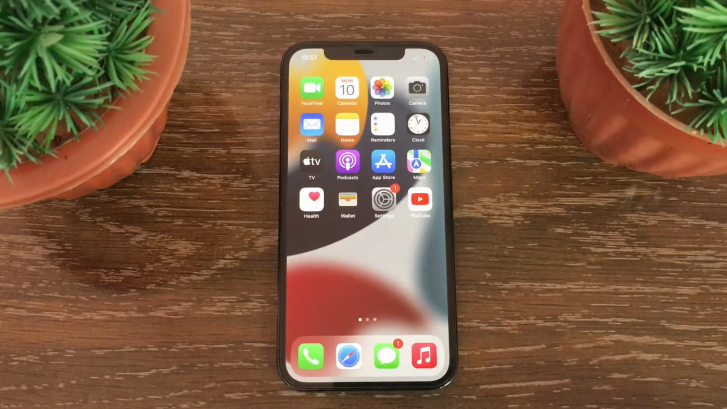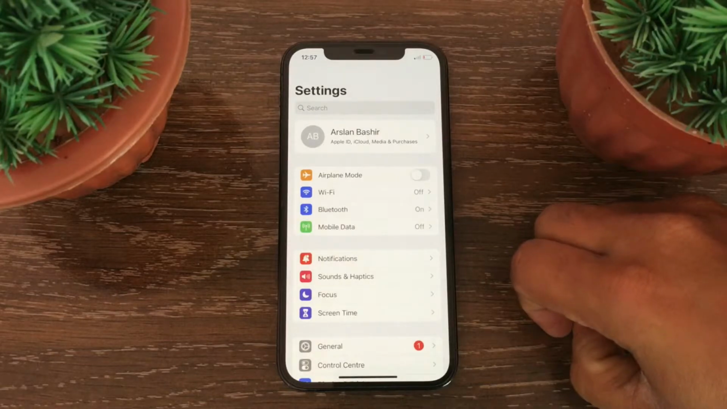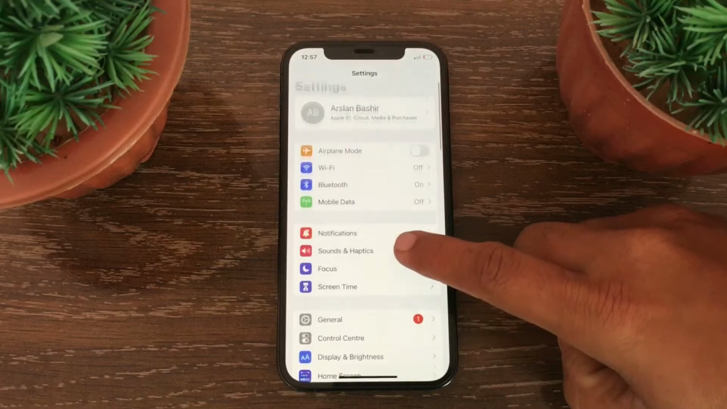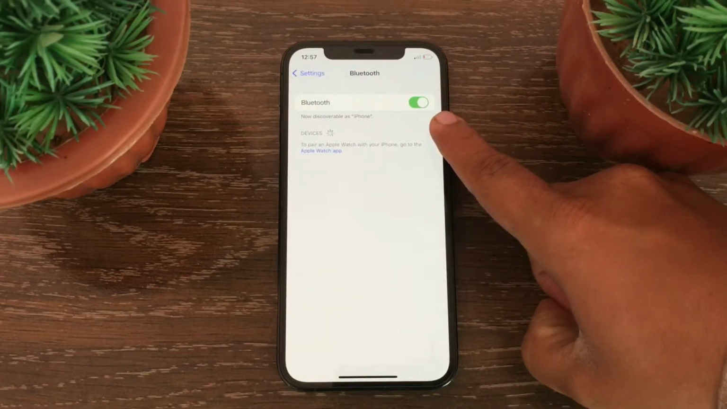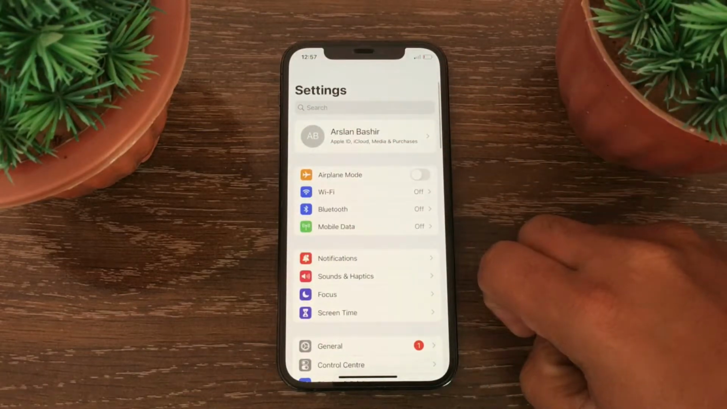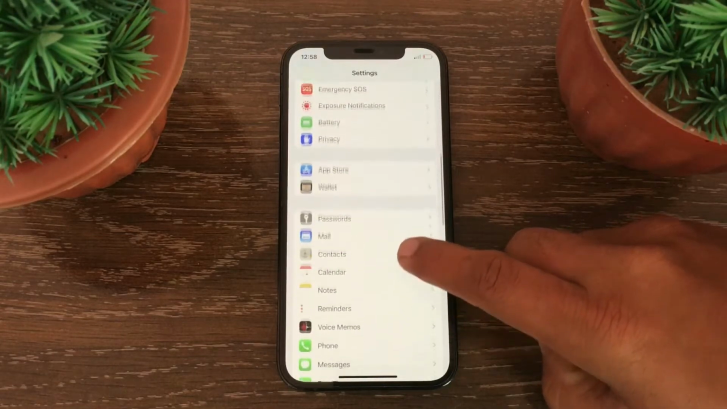To fix this issue, firstly you will have to open the Settings app on your iPhone. After opening the Settings application, go to Bluetooth. Here make sure that your iPhone is not connected to a Bluetooth device. Now go back to the menu, swipe down to see Maps